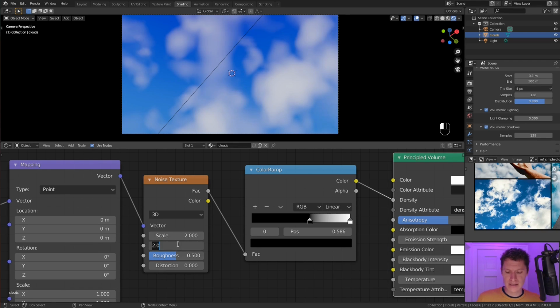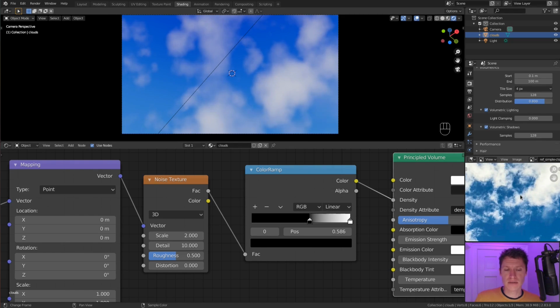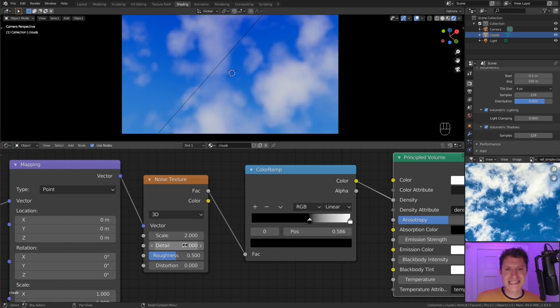The detail size we want to be pretty high because one of the biggest drawbacks to Eevee is the limit we have on pixel resolution of the volumetric domain. And so we want to do whatever we can to get as highly detailed as possible. Also because real clouds are quite detailed. And so if we crank that up to at least 10, I don't usually see too much effect beyond a value of 10. We'll leave roughness as it is, and then distortion, if we hold shift and move this up,